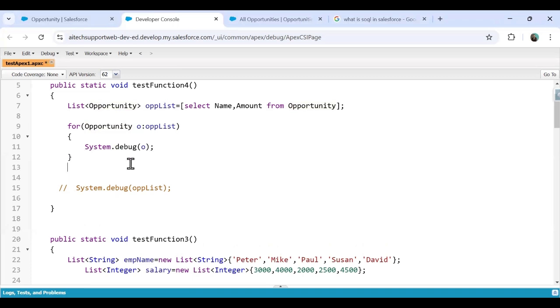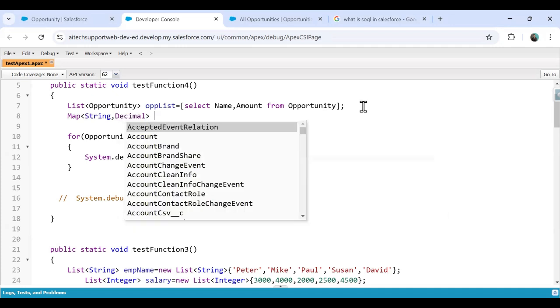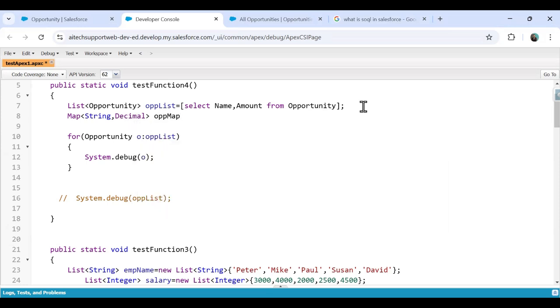Now, what is the requirement? Our requirement was that we want to store this list into a map. So how can I do that? Let me create a map here. Map<String, Decimal> oppMap = new Map<String, Decimal>();